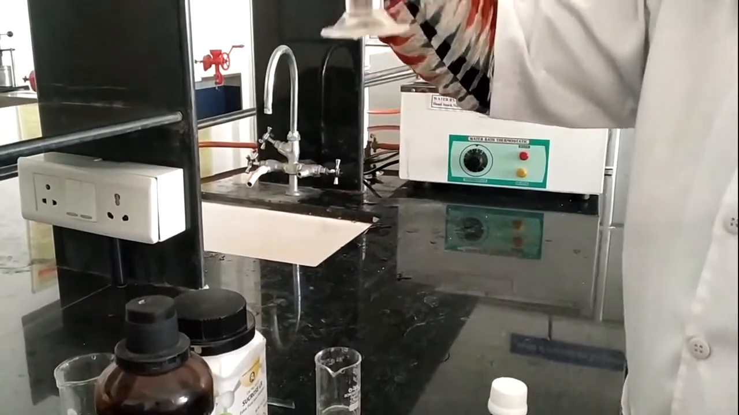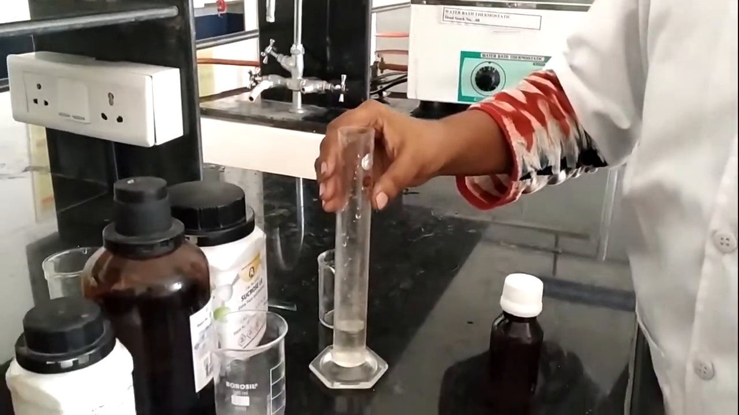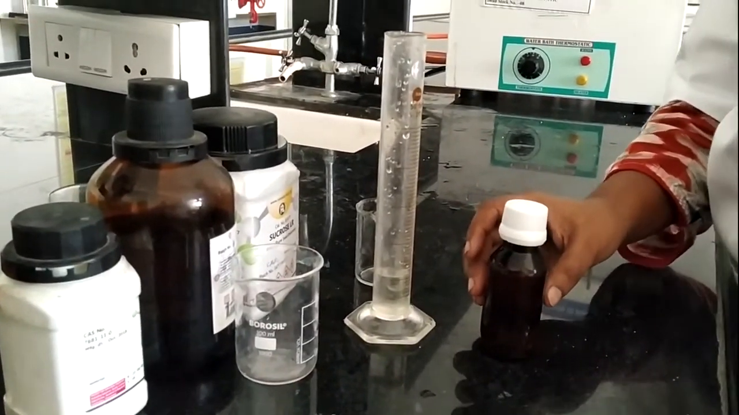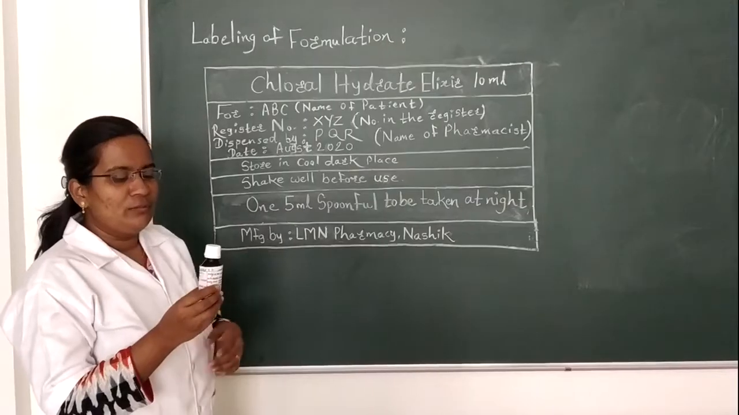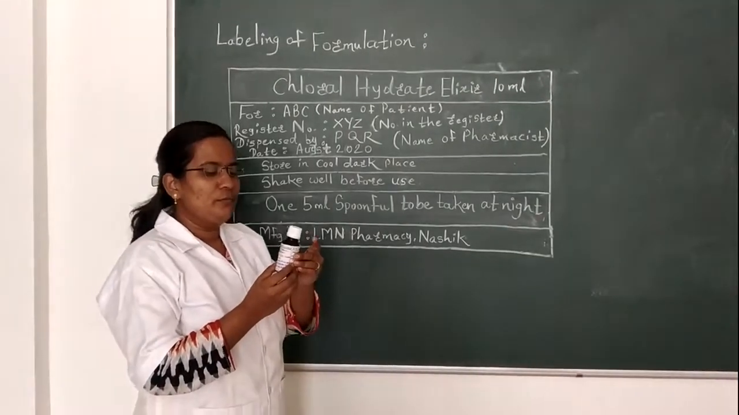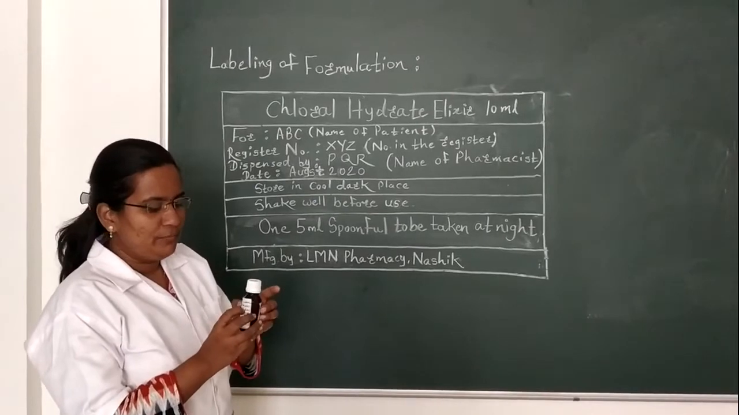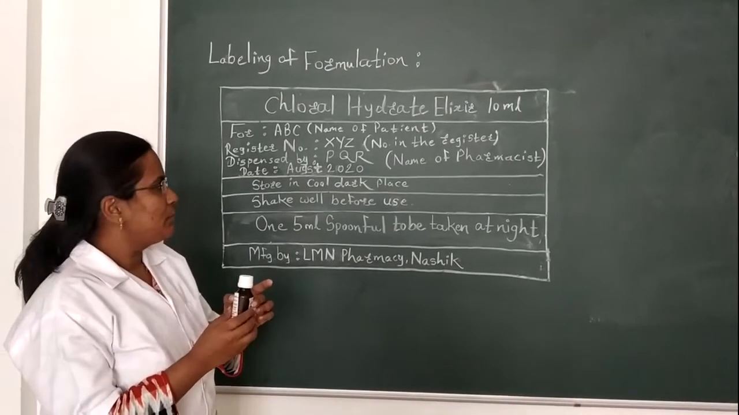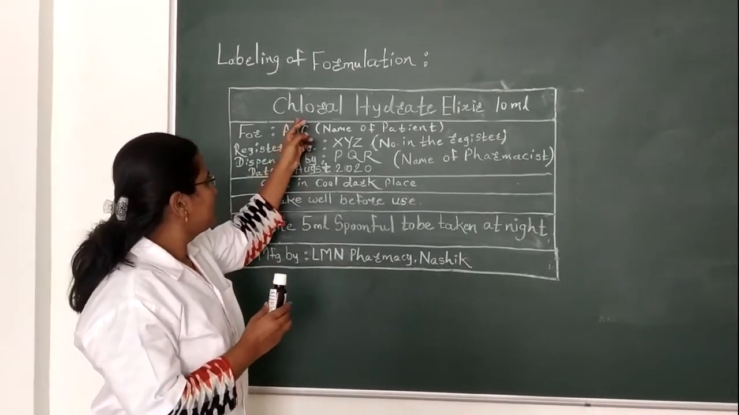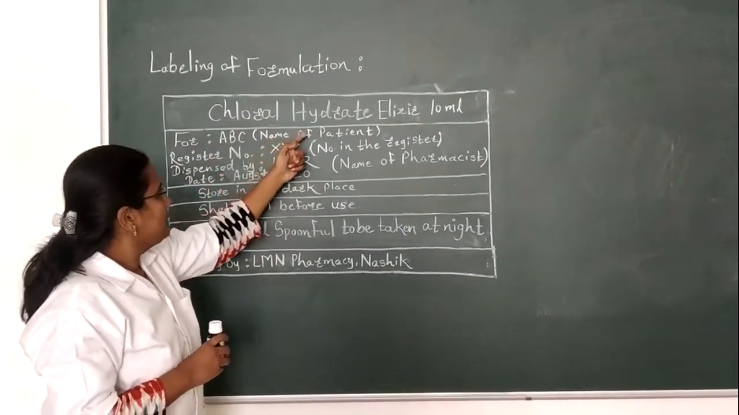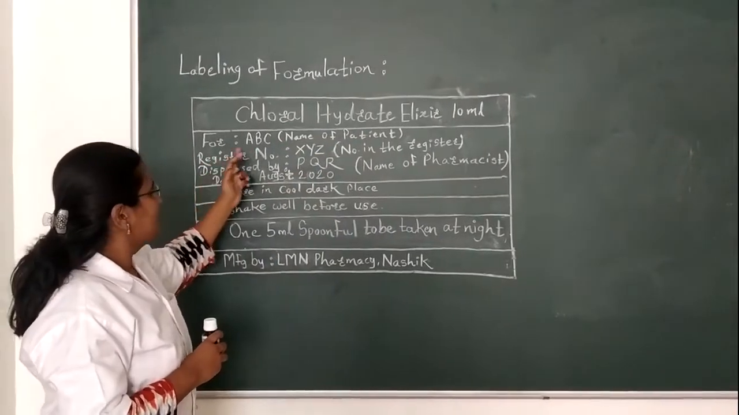So after making the volume up to 10 ml, we will transfer it into this amber colored bottle and then proceed to the labeling part. So now let's move to the labeling part. As we fill our formulation into this amber colored bottle, we prepare this label. So let's see: chloral hydrate elixir 10 ml for ABC. Name of patient is written here, register number that